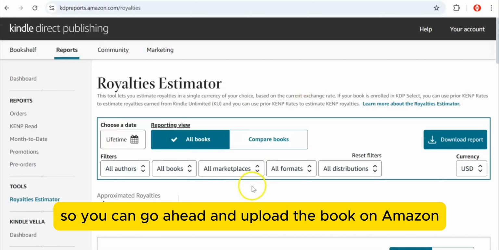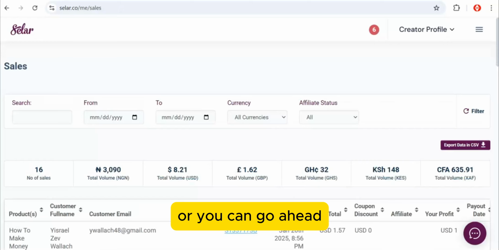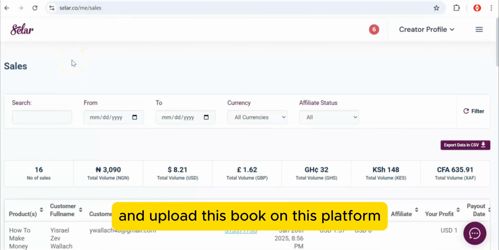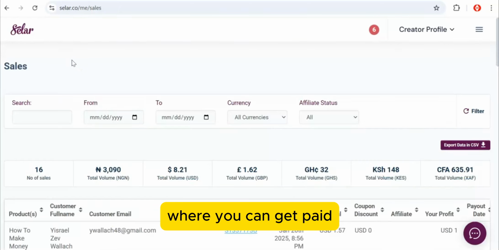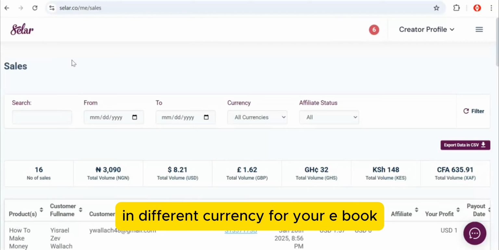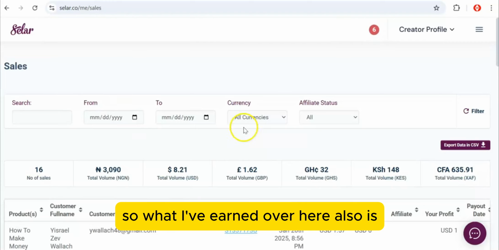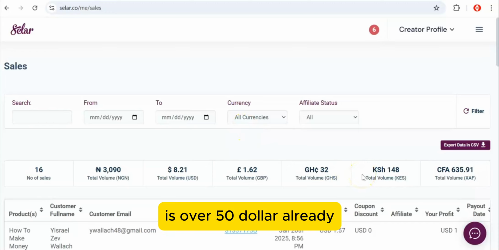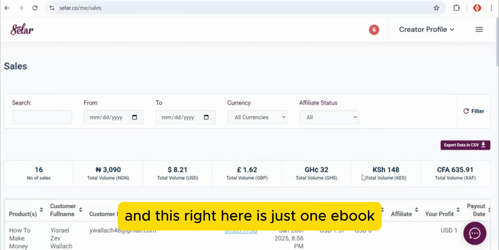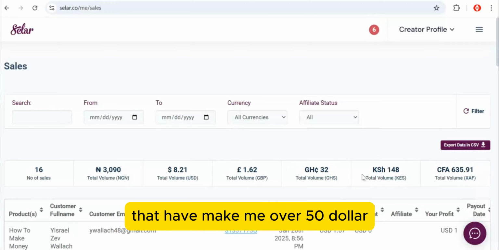You can upload the book on Amazon KDP, or you can upload it on this platform where you can get paid in different currencies for your ebook. What I've earned over here is over $50 already, and this is just one ebook that has made me over $50.